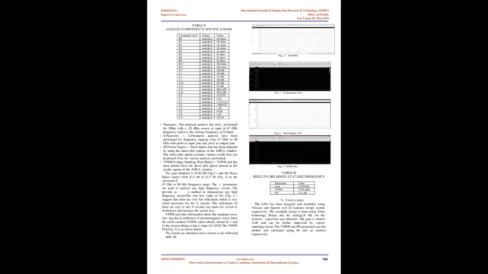S-parameter analysis has been performed for frequency ranging from 67 GHz to 90 GHz with port 0 as input port and port 3 as output port. NF, the noise figure plot, has been obtained by using the direct plot option in the ADE L window. The direct plot option contains various results that can be plotted from the various analyses performed. VSWR, voltage standing wave ratio: the VSWR plot has been plotted from the direct plot option present in the results option